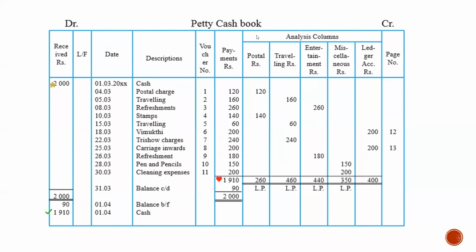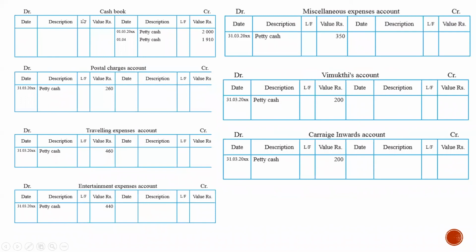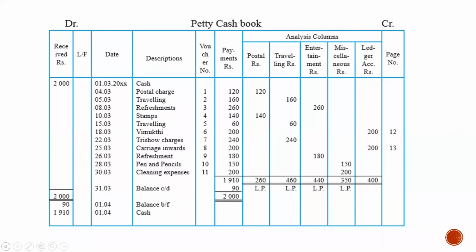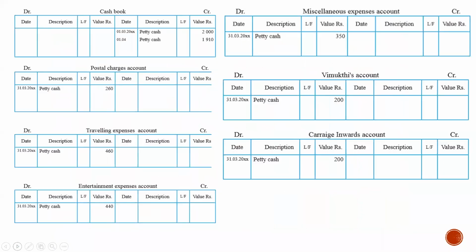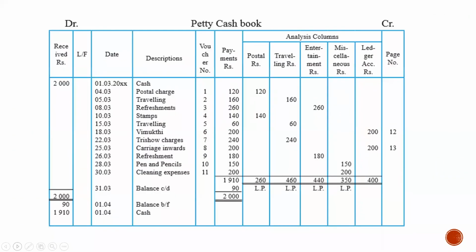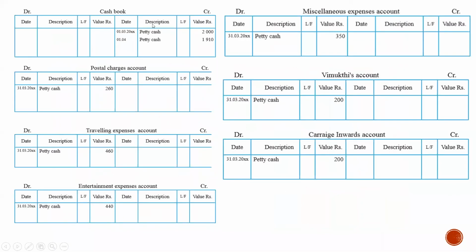With that, I hope you got an idea what the cash book and petty cash book are about. This is how we take the transactions to the ledger account. See, the petty cash amount is 2000, right? And the payment made, the cash we spent, was only 1910. All are recorded in the main cash book, right? Other than that, we don't record anything, right? On the credit side, only the payment for the petty cash is recorded.